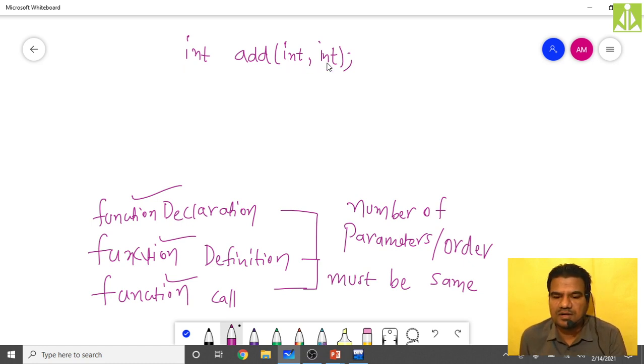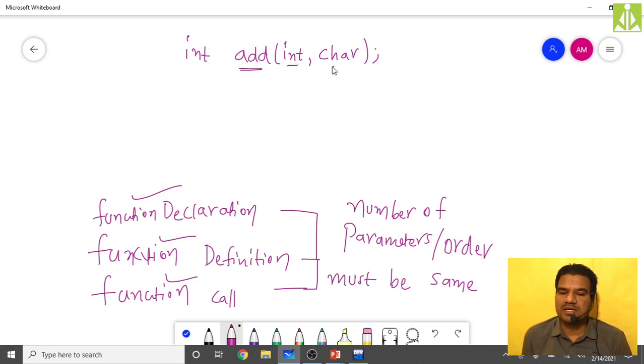Okay, just to have more confusion, instead of int and int, I will make it int comma char. So my function add takes two types of parameters, an int parameter and a character parameter, and it returns an integer as output. This is input and this is output.